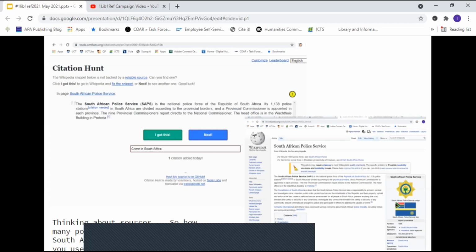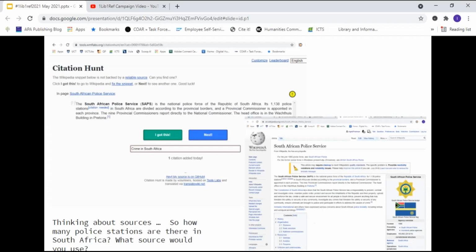And this is what the article looks like. So I clicked through to the article, and again, here we go, thinking about sources. Which sources would you use? I did eventually find the stat on the SAPS webpage, but it wasn't in the obvious place.